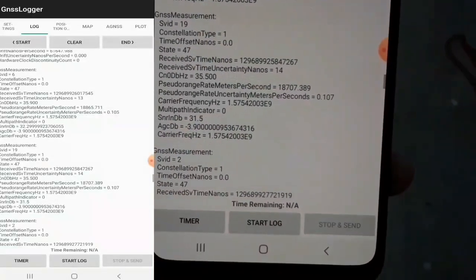Let's go under the open sky to collect the satellite data. Guys, it's exactly 5 PM and I have reached the NASA playground, and now I am at the center of this ground. Just have a look at this ground. Boys are playing football on this side and cricket on that side, so there is a little bit of noise. I don't know whether the audio quality is good or not, because I am recording this video using my cell phone only. I have come here to collect the satellite data, and I am going to walk around this ground and take the satellite data using this GNSS Logger app.